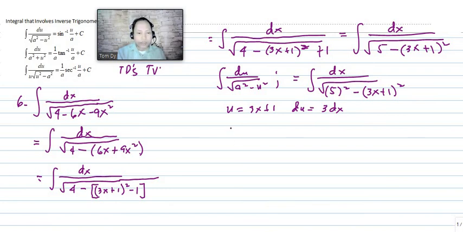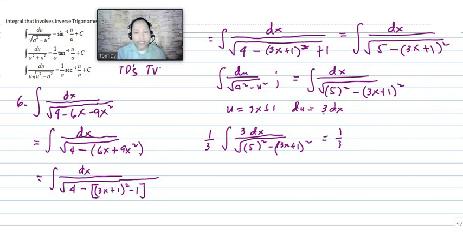Okay, so rewriting again, dx over the square root of 5 squared minus 3x plus 1 squared. When we apply du, that is 3 dx, I will write here 3, and then I will write its reciprocal, 1 over 3. So that this time, this is now equivalent to 1/3 times 3 dx, that is our du,